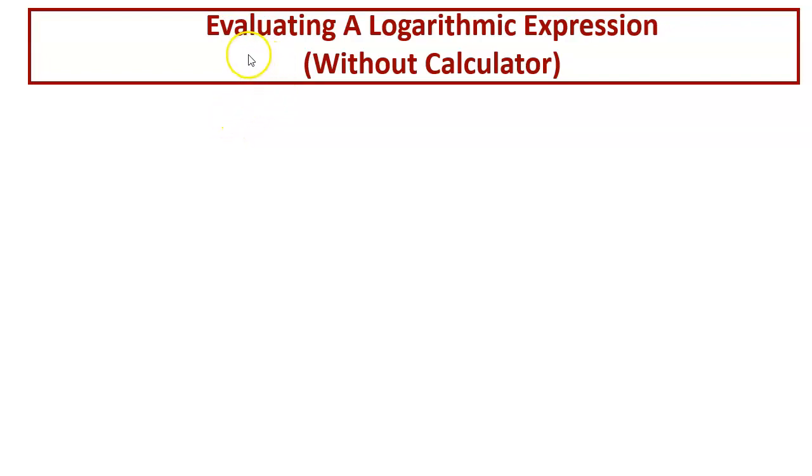Our today's topic is evaluating a logarithmic expression without a calculator. If you are allowed to use a calculator, it's fine. Suppose you are given a logarithmic expression as find the value of log 100 to the base 10. It is a very easy question, so you may not be needing the calculator,